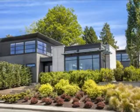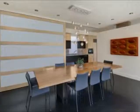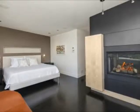Here are photos taken by the realtor that were used to list the home that ultimately sold in less than